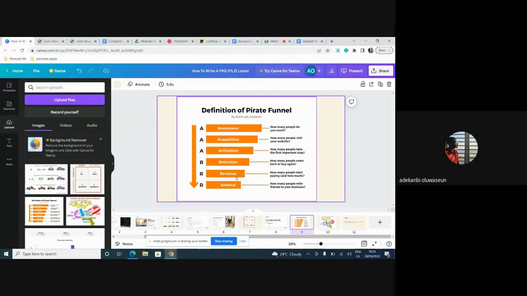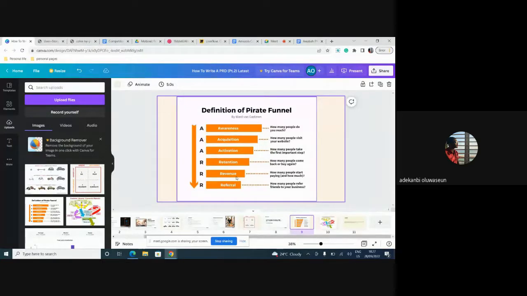Are you going to tell your marketing team to improve their campaign? Do they need to use influencers? Do they need to change their messaging? Maybe the messaging is not attractive enough, right? Maybe the images are not catchy. Maybe it's the font style. So when you measure that, you know what to advise, right? So awareness, you are measuring impressions. So when you are running your adverts and you are not getting impressions, it means that you want to work on your adverts better. Now, the second thing is acquisition.